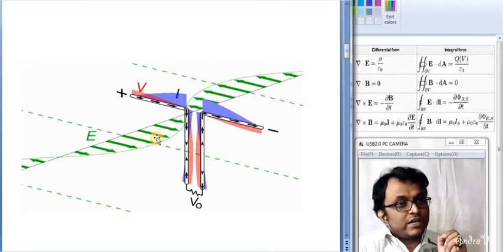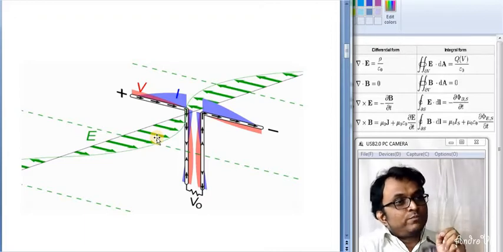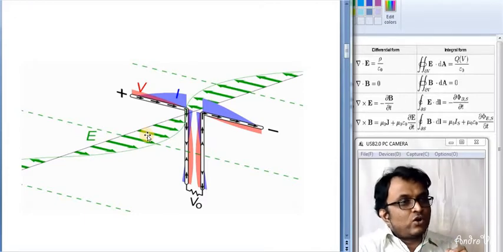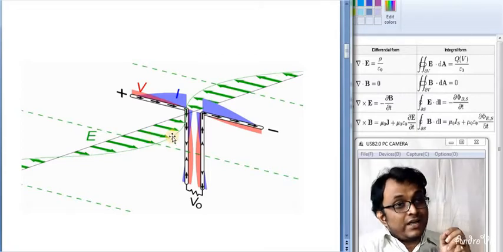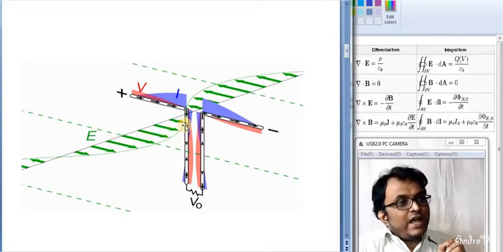The direction of the electric field basically gives us the polarization of the antenna. That's why the TEM mode polarization, whether horizontal, vertical, circular or elliptical, whatever it may be, we talk about in terms of the electric field condition. So the alignment of the electric field is our point of interest. If it is along the horizontal, then it is a horizontally polarized electric field. If it is vertical, it is a vertically polarized electric field, and our transmitter and receiver should be along the same direction so that polarization mismatch is avoided.